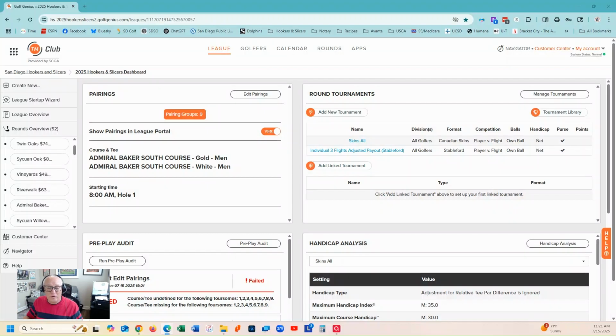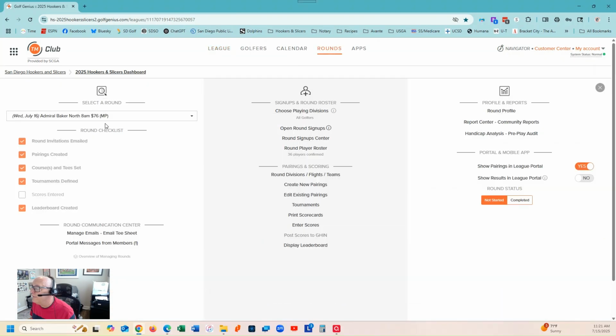Okay, so we've created our teams, we've done the pairings, we've set up the tournaments. Now, what we need to do is create the scorecards. And you may have done this before, but the technique has changed. So please pay attention. We start out here at the dashboard and we go to rounds, and we've selected our